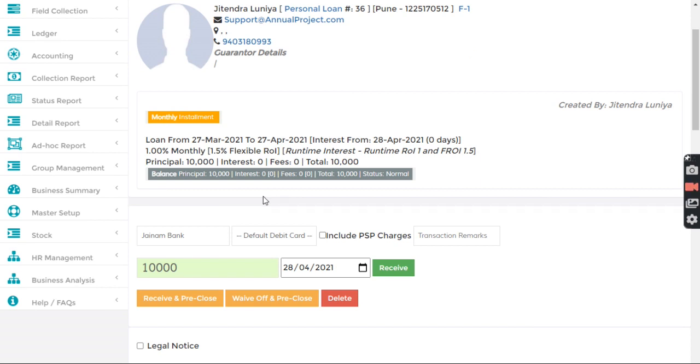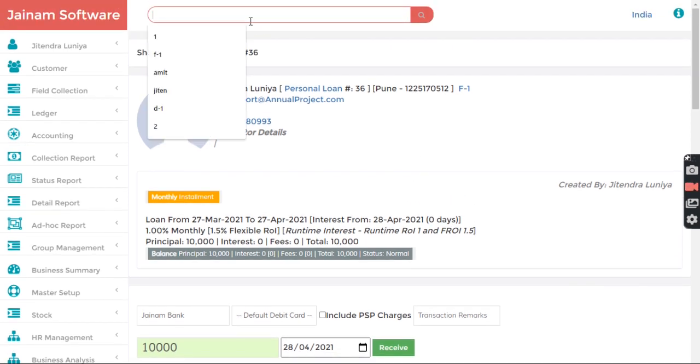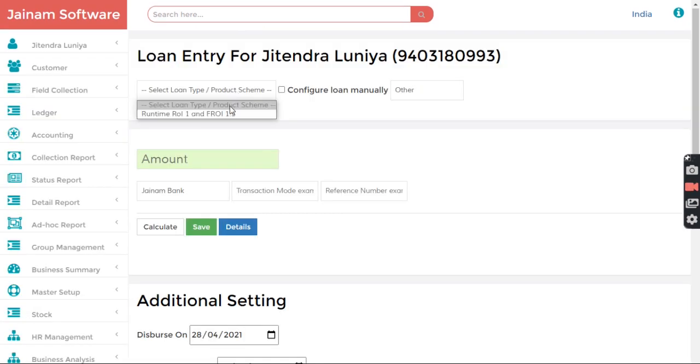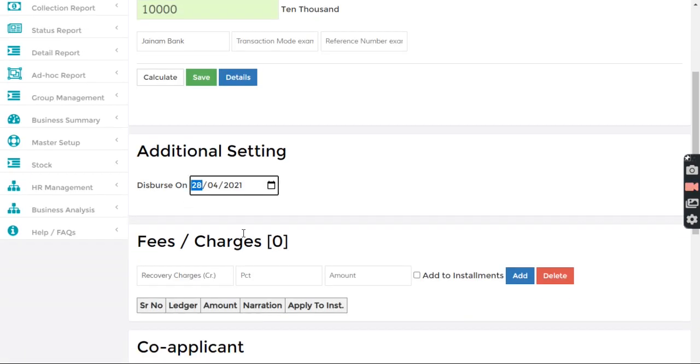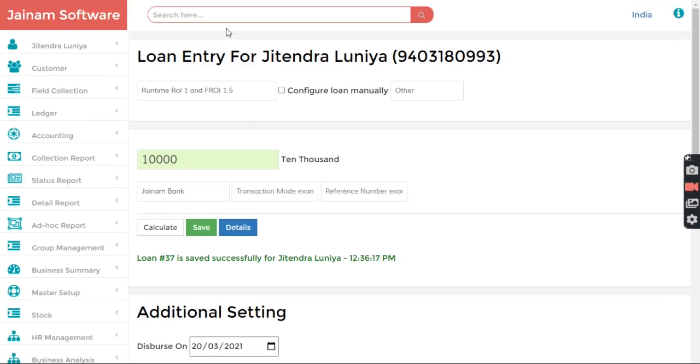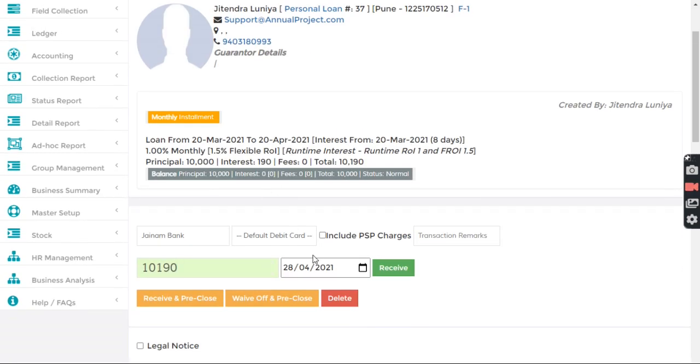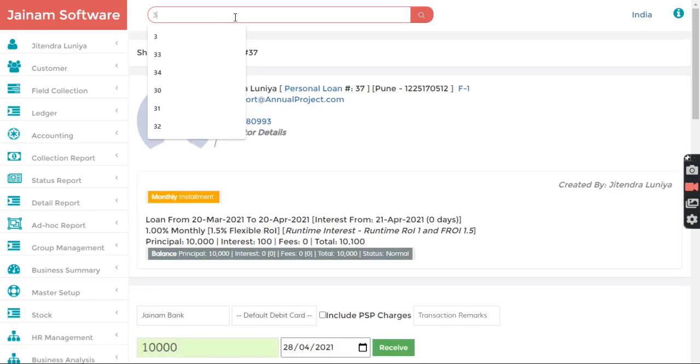If it goes beyond that, it will calculate for 1 day, because it's showing 0 days as of now. Let me create another loan just to take different dates so that it will be clear how the system is calculating. I click save. Loan number 37. Instead of that, I'm receiving 100 on 20th, and now I select 37.